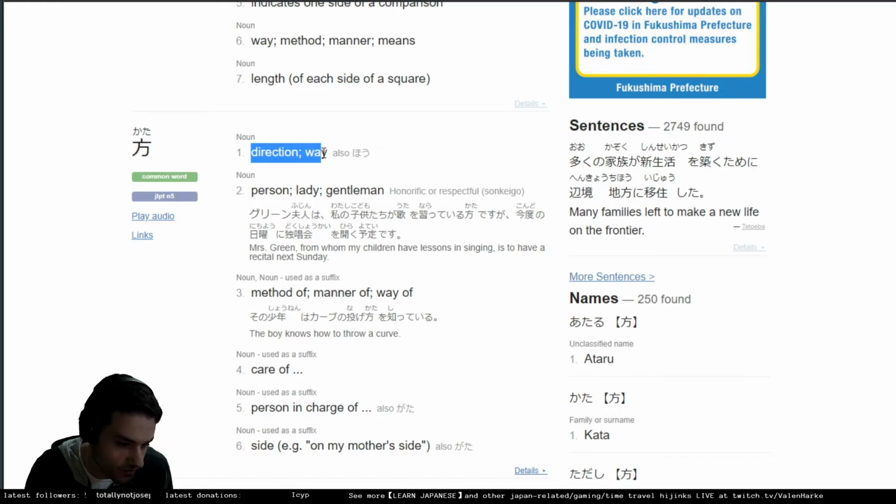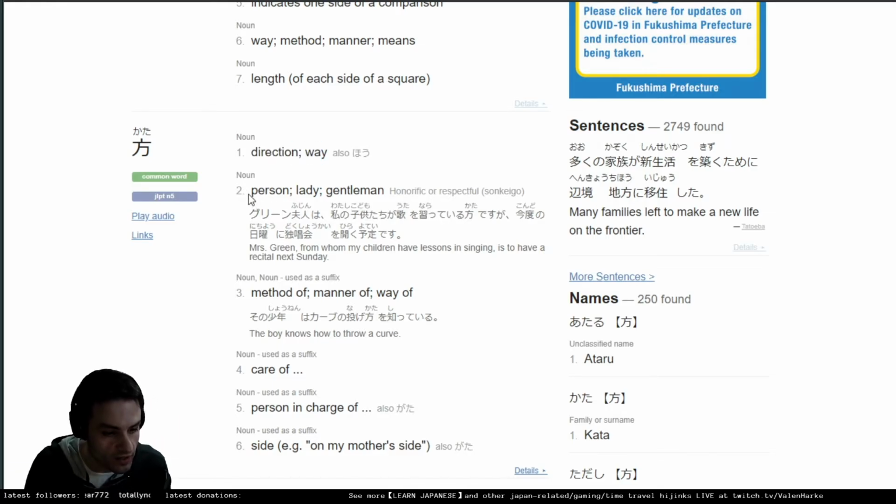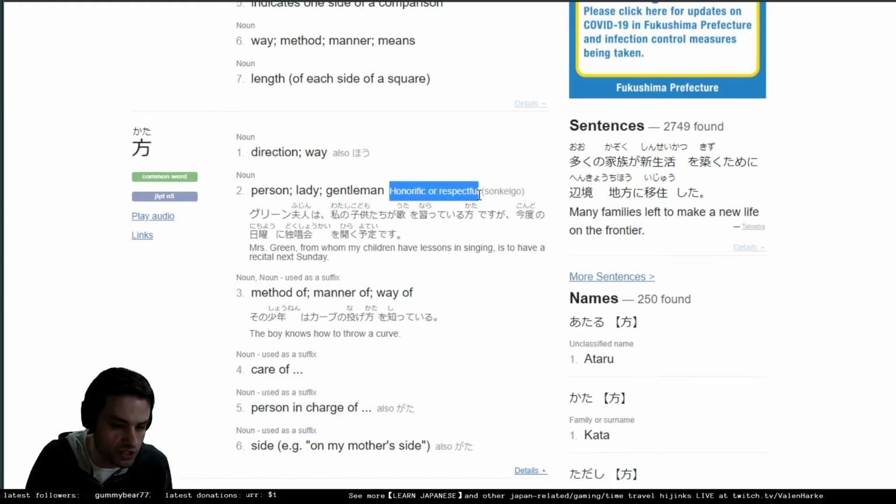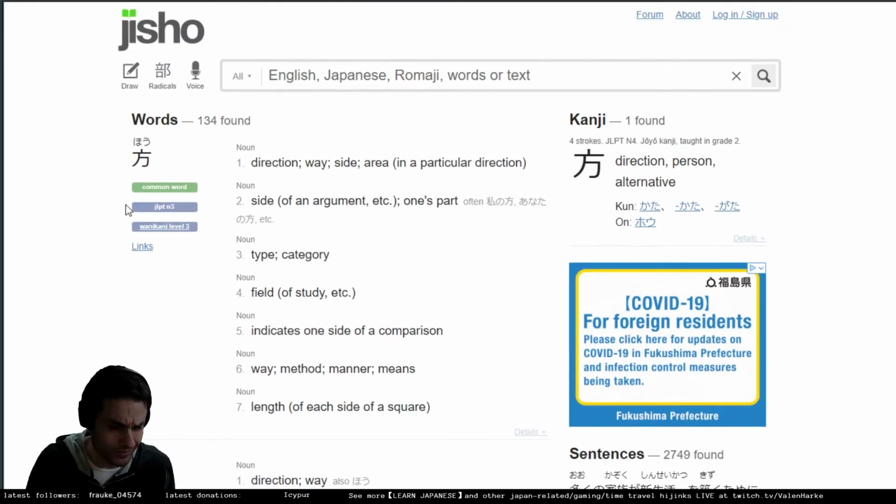This one also says direction, right? Please ignore that, because that's technically possible. But like you see here, person, lady or gentleman. And I guess they're writing lady or gentleman because it says right here, honorific or respectful. Sonkeigo, which is like respectful language. Okay? So now that we've confirmed that your professor is not lying to you here,